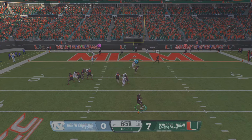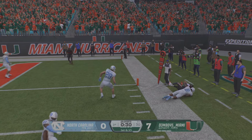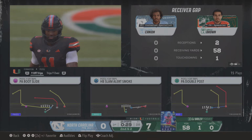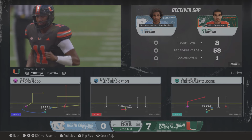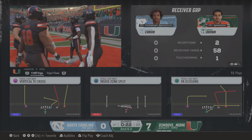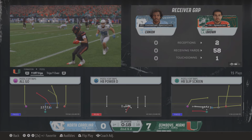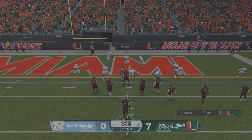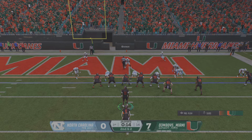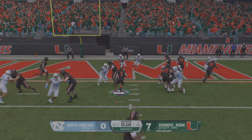Wants to throw on first down off the play fake. Snags it. Lowers those pads. And he wanted to score badly, but the defense wrestles him down at the 2. And you see so many smart wide receivers, so many smart tight ends nowadays that they know where the holes in those zones are, and they work with their quarterback, and they find them, and they sit down in them and make big plays. It's tough to sit back in zone against such...